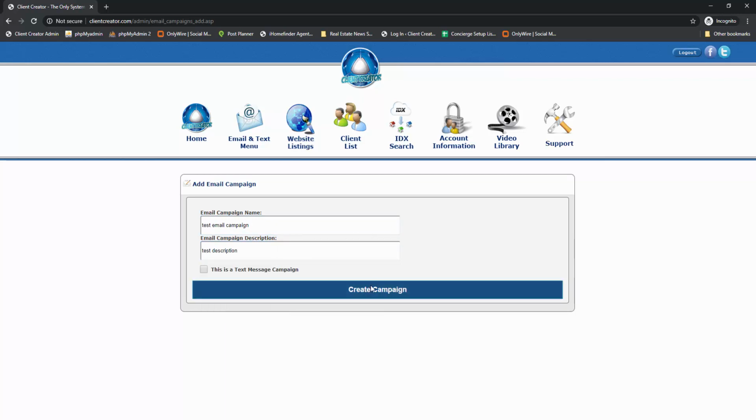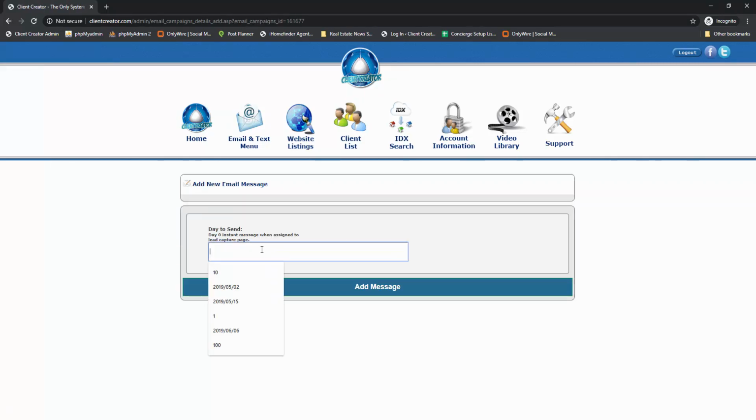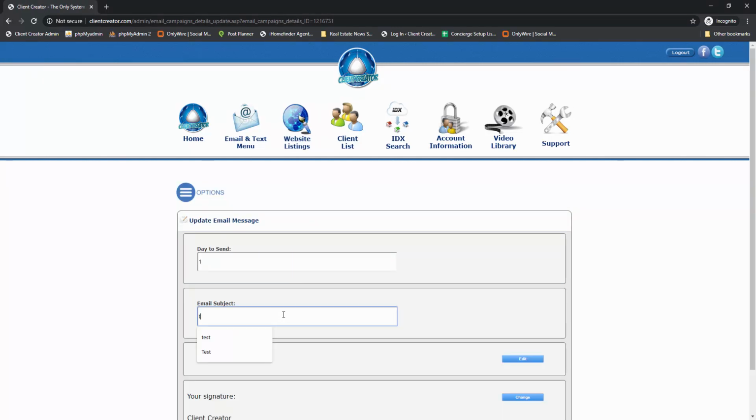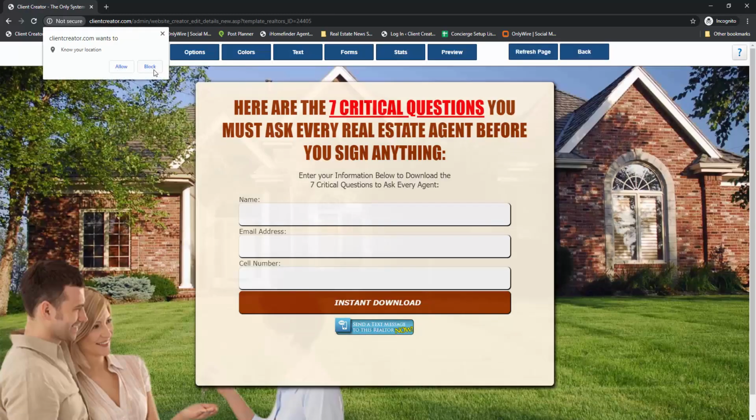I should have left the one, but that's okay. So we're going to add a message. Day 1. I'm just going to do test. I'm not going to put a body on there. So if I wanted to assign this one, I would just go into the edit after I created it and